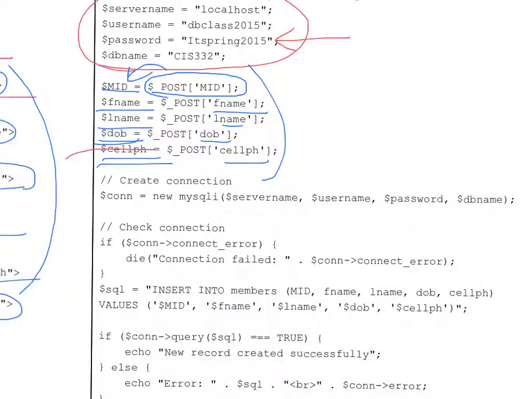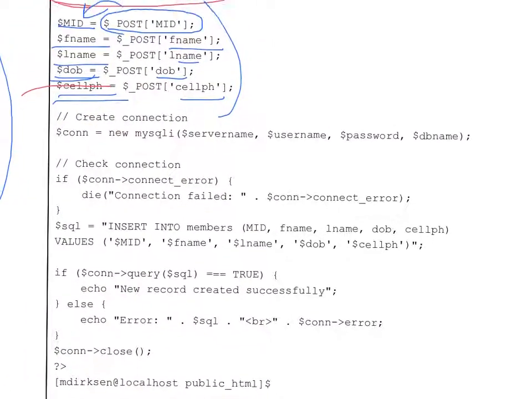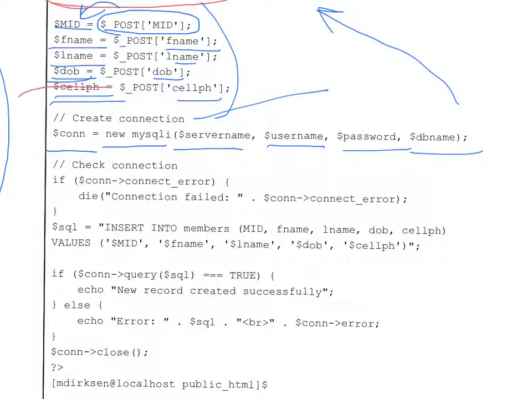Now, this next part, create connections. If you follow this, new MySQLi has something to do with something new. I'd have to look up the exact reasoning, but it gives a server name, username, password, and database. You could actually put those things right in there. It's easier to state them earlier first and then let it do this. This is going to give you a failed if the connection didn't work. So if you don't get a failure,